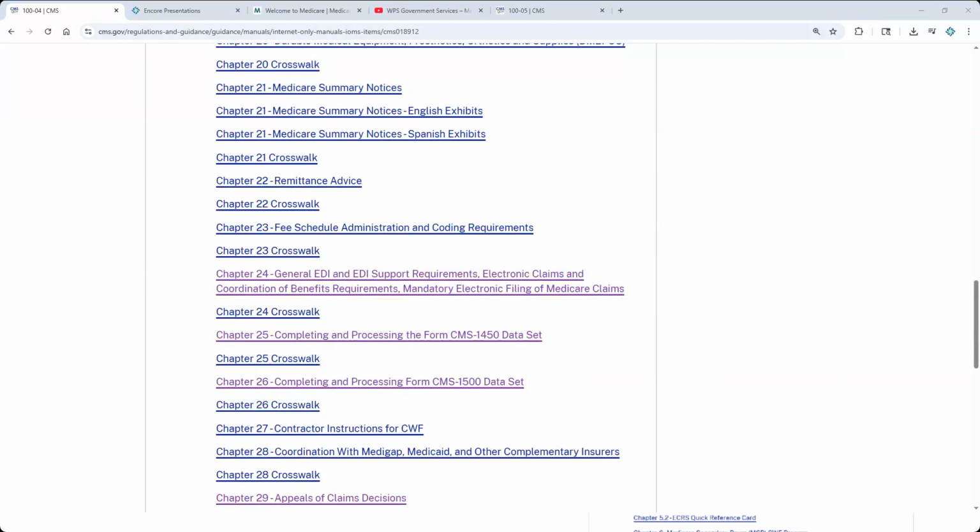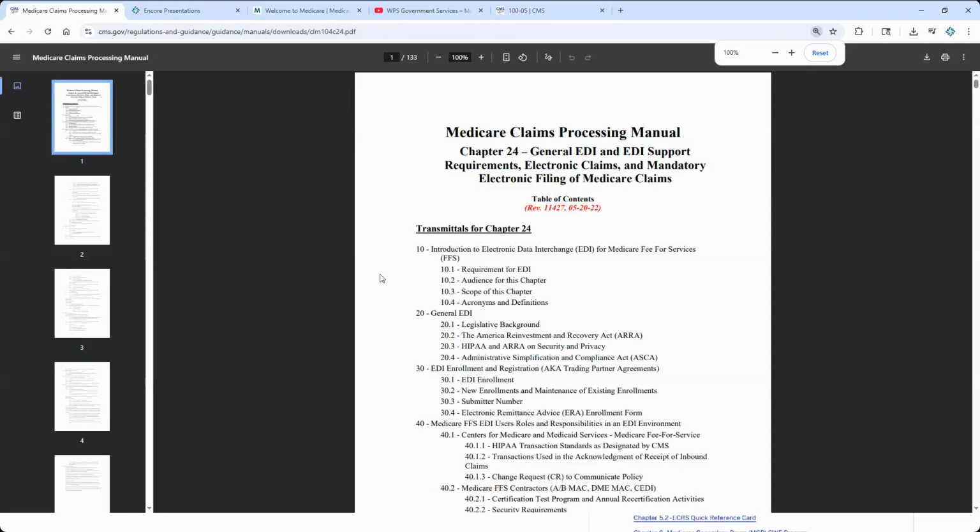We were asked a question in particular about when can you bill a 1500 claim form. So I'm going to assume you're talking about the exceptions. So Medicare does have a rule, and Medicare Conditional Payments is not exempt from this. You do have to file these claims electronically. However, it goes on to say that there are exceptions within that, and you can go ahead and look at those exceptions. They're actually going to be in the electronic chapter, which is 24,